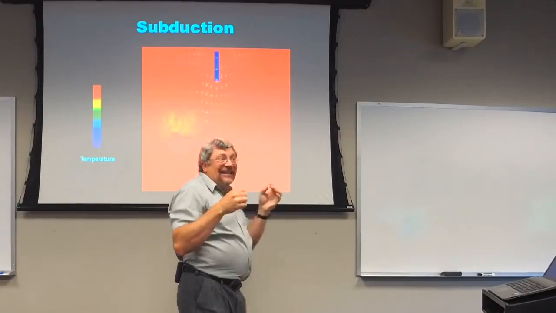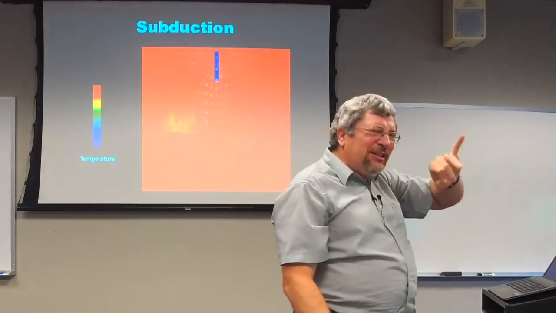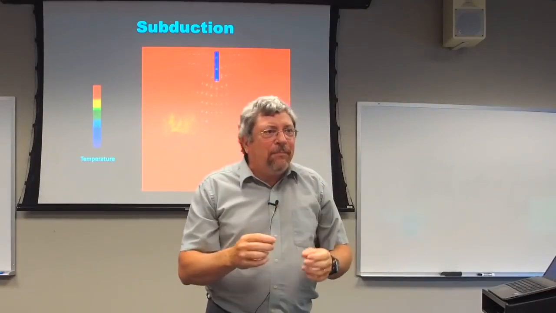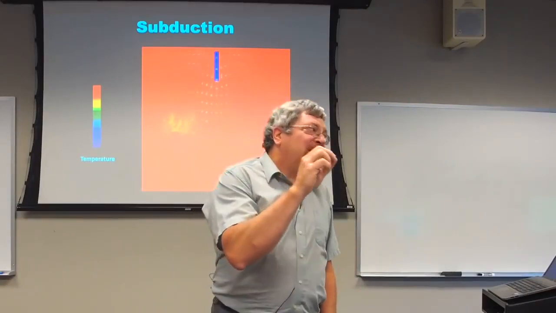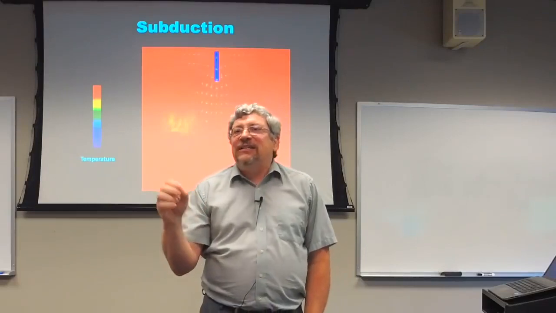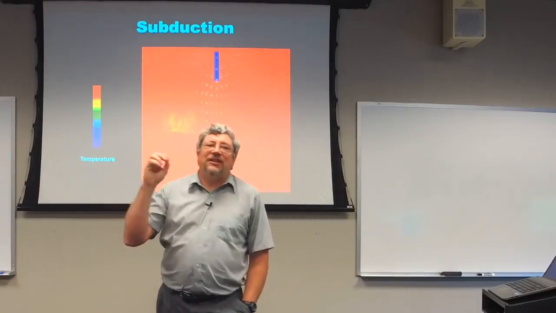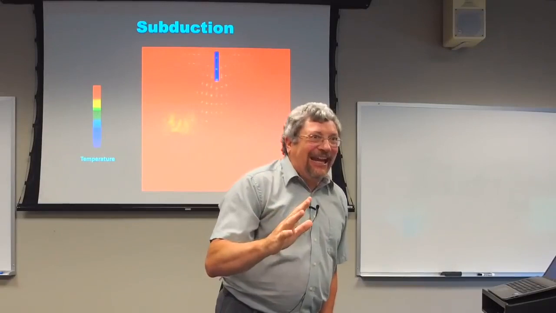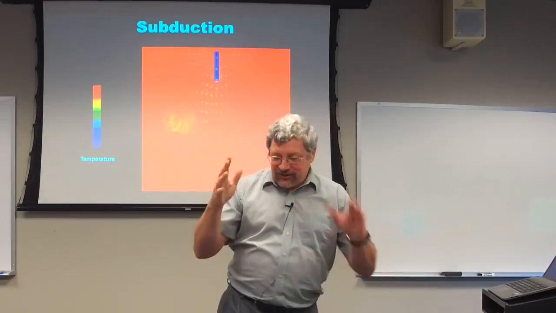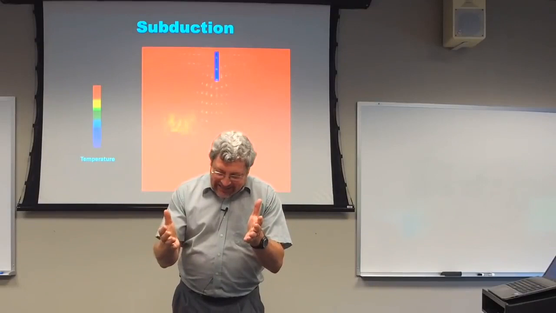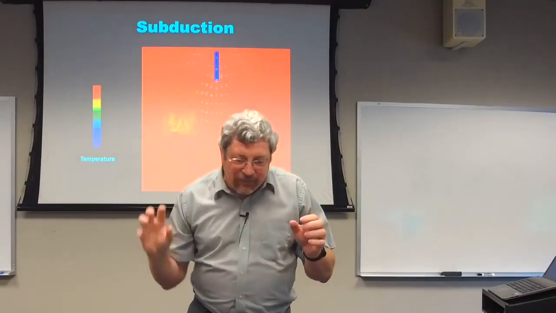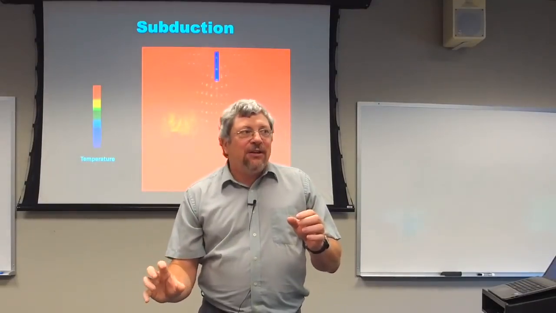And the key here, though, is that the material of the mantle and the material of the slab, the viscosity of the mantle is inversely proportional to the temperature to the fourth power. That's really cool. Yeah, you didn't understand. What that means is if you double the temperature, it drops the viscosity to 1/16 the viscosity it had before. So the more you heat it up, the more runny